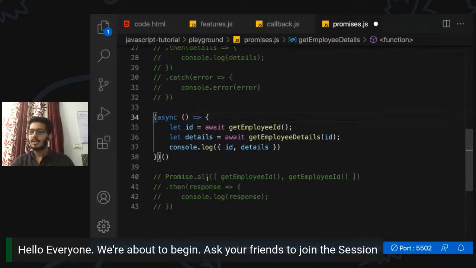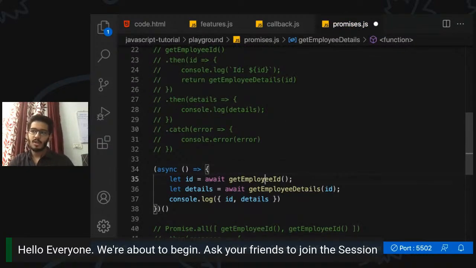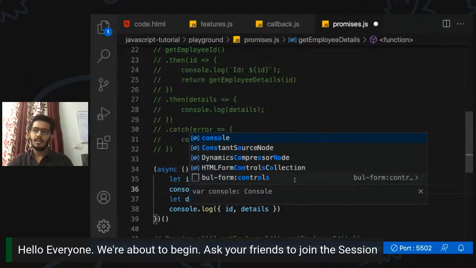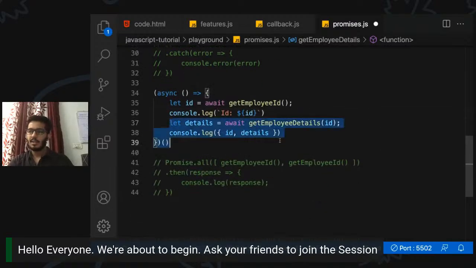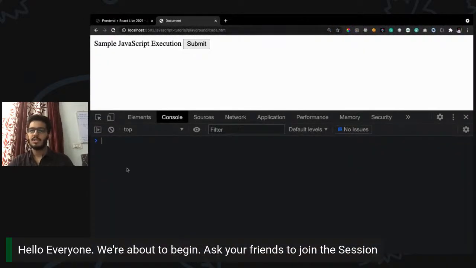Okay. So first we are awaiting for the employee ID. Once we get the ID, let's put a log here, ID. Then we are getting the details based on that ID, then we are logging both of the things. Okay, so if we refresh it,